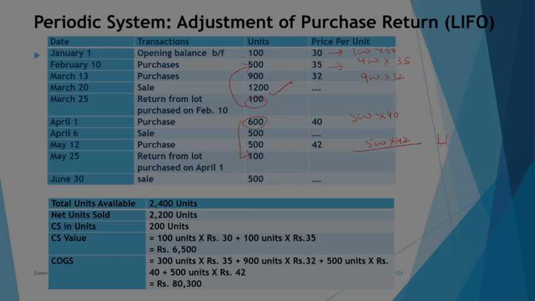So as per the LIFO system, which says last in first out, it means that in order to make a sale, you will be using this lot first, then this lot, then this lot. So if we are left with 200 units out of 2400 units, 2200 have been sold. So if we are left with 200 units in the closing balance, then it must be from the latest lots. So 100 units of 30 and 100 units of 35. So this is your closing stock, and the remaining 300 units of this lot and all other lots have been fully used for sales. So this is your cost of goods sold.